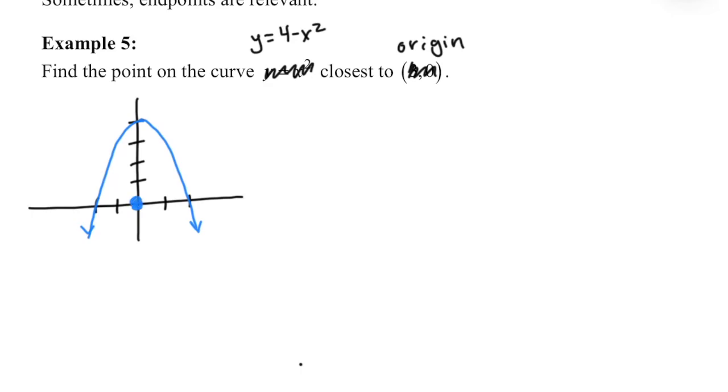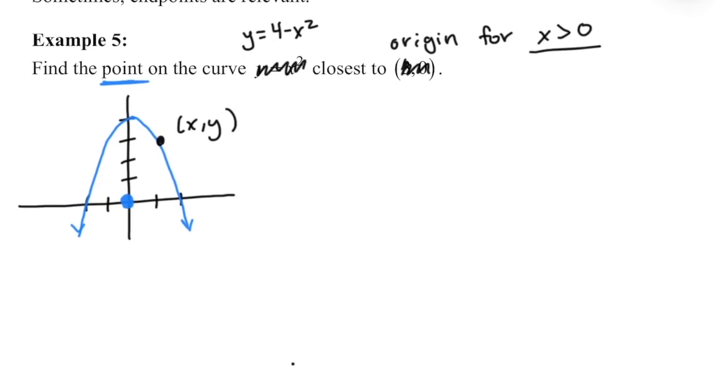Okay, so basically I'm looking for a point. I don't really know what that point is, so I'm going to choose kind of any point, and I'm going to call it xy. Oh, I forgot, I wanted to add a domain restriction. So on the origin for x greater than 0. So there's my domain restriction. I only want x greater than 0. So that's the right side. That's this side